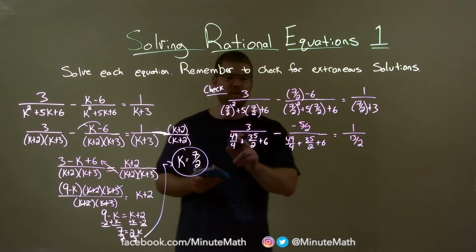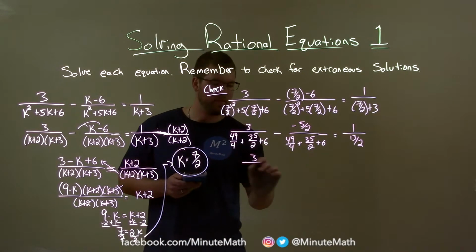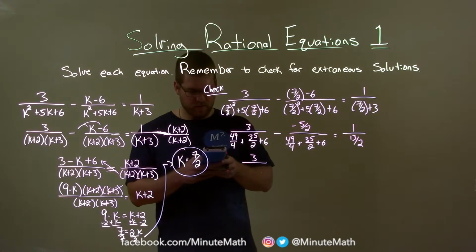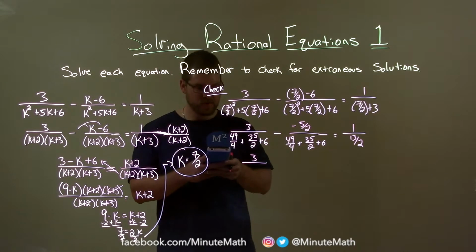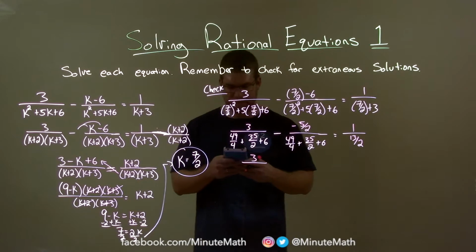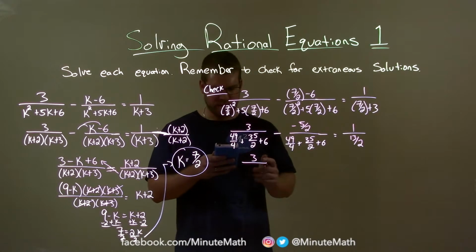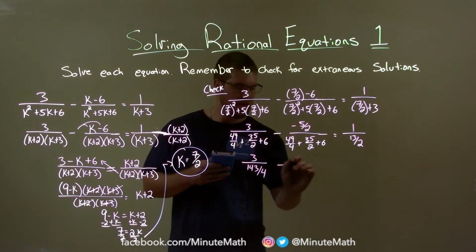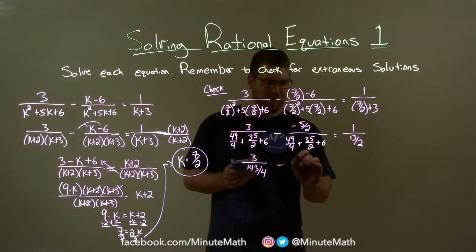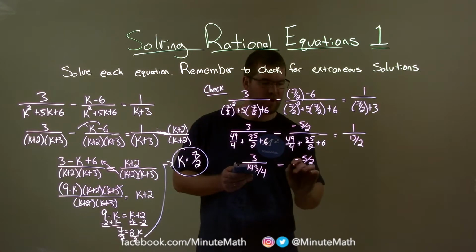All right, let's go add this whole denominator together. We have 49 divided by 4 plus 35 divided by 2 plus 6, and that as a fraction is 143/4. Same thing I can assume here,